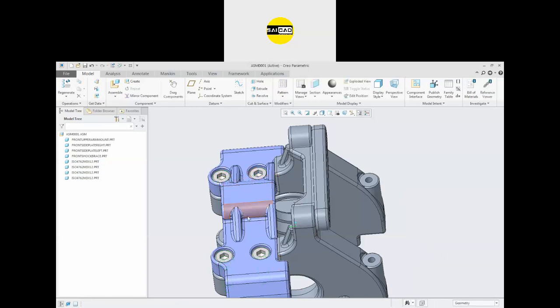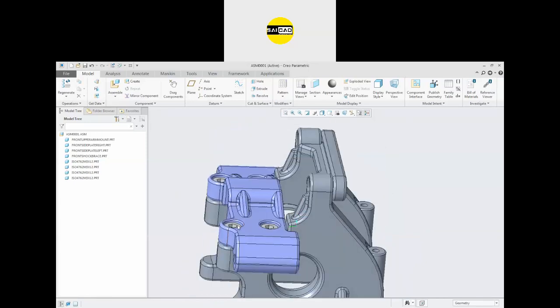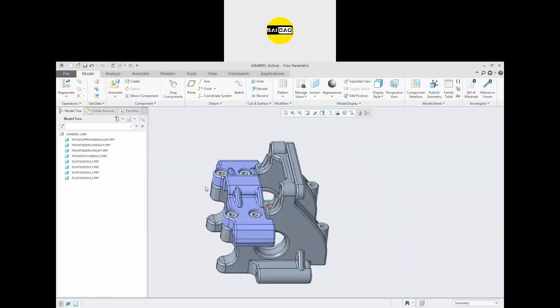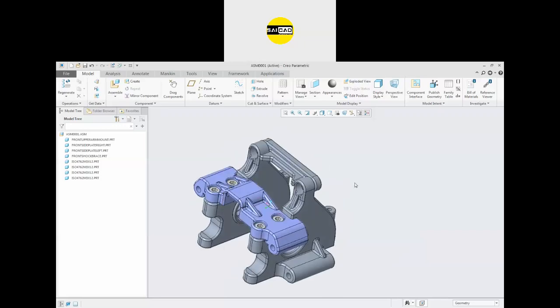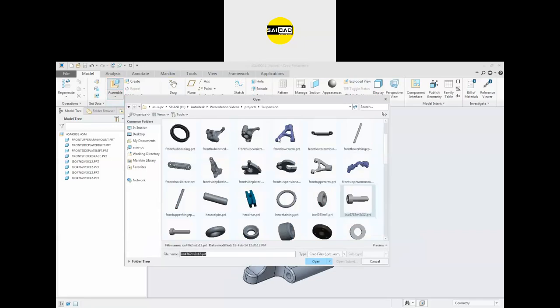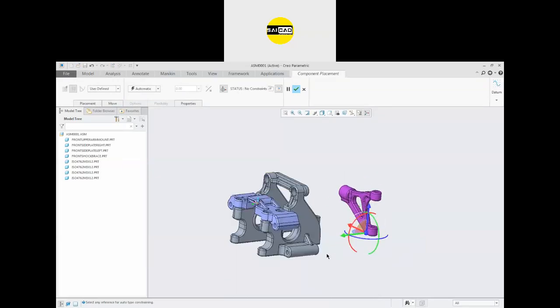Click OK, and all the bolts will be placed on the same plane with some different locations. So this is the way you just have to simply import the part like that, and you have to define its relation according to your need.